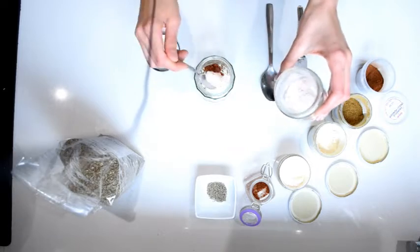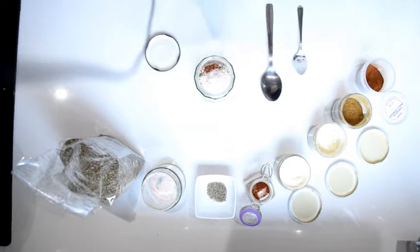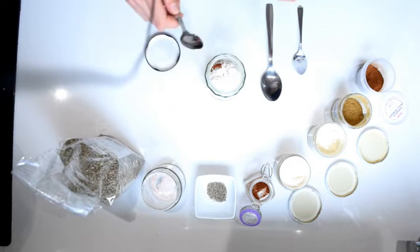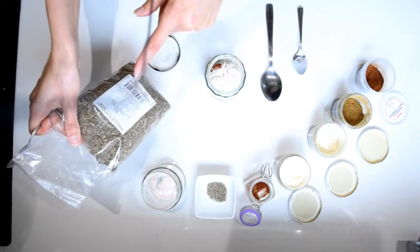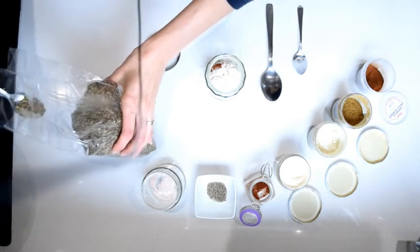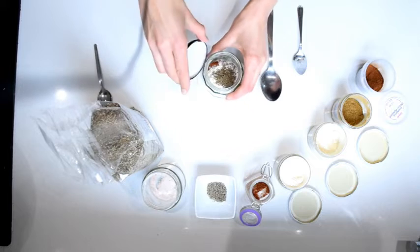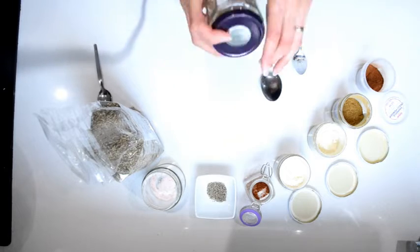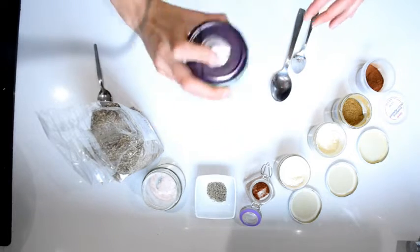Then 1/2 teaspoon of salt, so I'm adding some Himalayan salt. And then it says 1/2 teaspoon of oregano. However, if you don't have oregano, which we don't in this instance, you can replace it either by putting some basil in or thyme. So I'm gonna add 1/2 teaspoon of basil instead. So these are the 2 replacements for oregano. And that is it. Then put a lid on. I recommend adding it to a small glass container. Put a lid on, shake it up, and you've got yourself